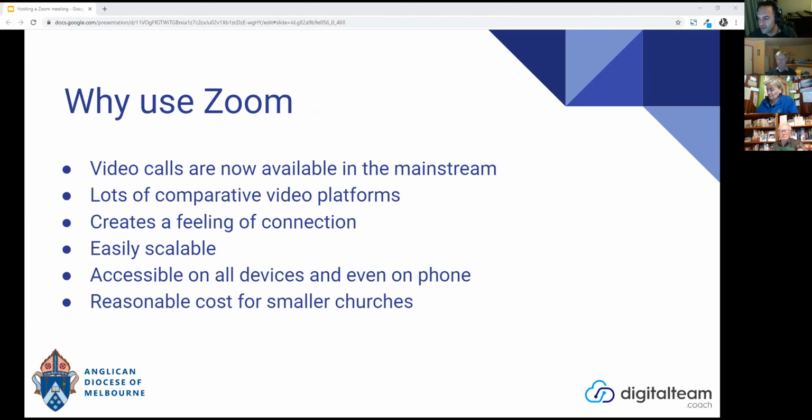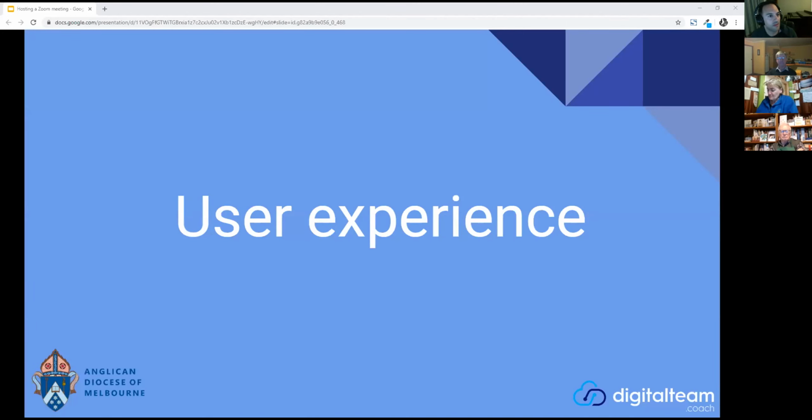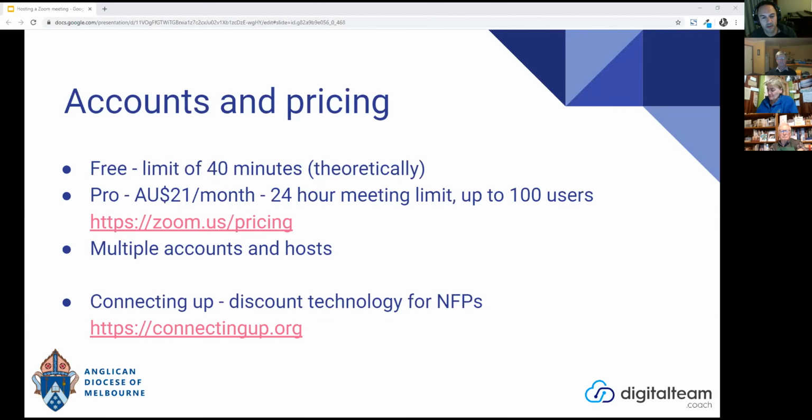When we look at the costing, sorry, jumping around a little bit this evening, the pricing of it is you can have up to 100 people on the call for free, up to 40 minutes long for a meeting. Now, Zoom have relaxed that limit a little bit because of COVID-19, but you probably don't want to rely on that for a Sunday service.